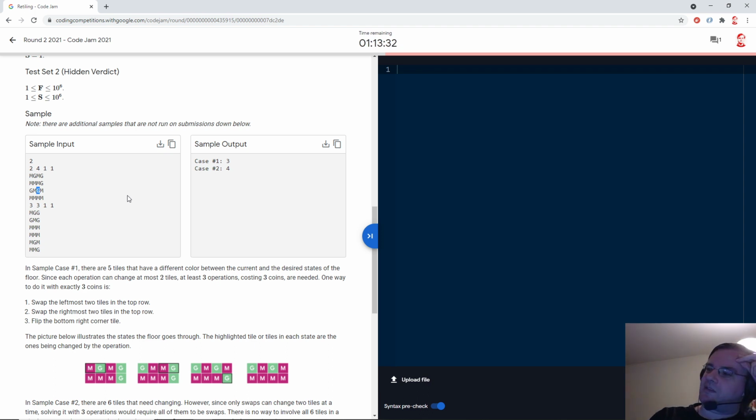Oh, the costs are also bounded by two times f, of course, because you could always just flip those. But we're going to assume that you don't flip greens, that you don't have to. Should I just swap m's and g's until g's are larger? I don't think it's going to matter.